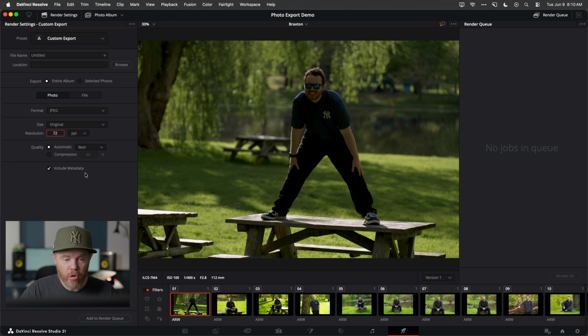Automatic compression, include metadata, that's important. That'll include things like the date the photo was captured, the lens it was used on that capture as well. But as far as the rest of this goes, we got to set this up. So the first thing I want to think about is I don't want to leave this as untitled. I'm going to delete that for the file name. I'm going to hit this plus icon. You could either hit the plus icon, which is new, or you can type in what's been around for a long time is the %sign to get metadata inserted dynamically photo per photo per photo, written into the file name